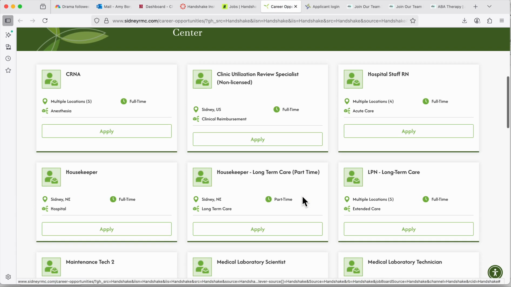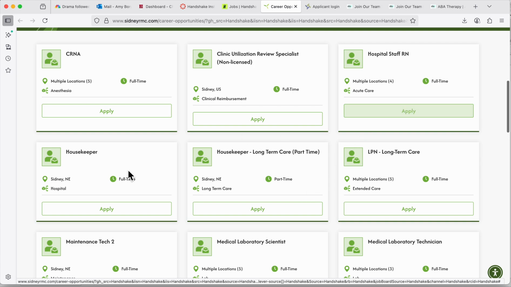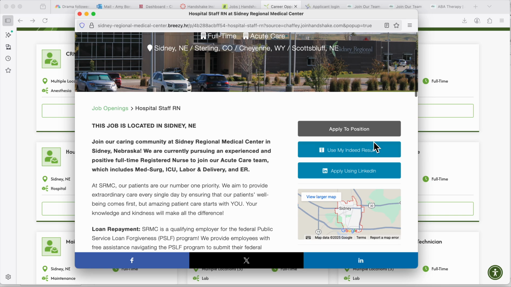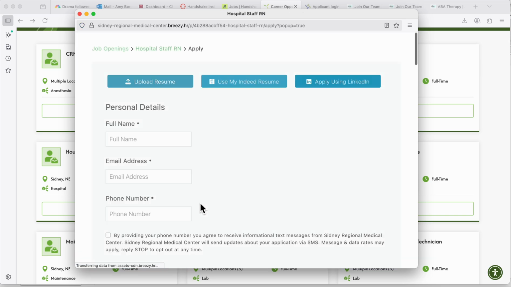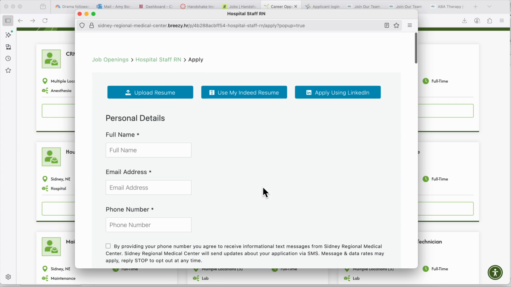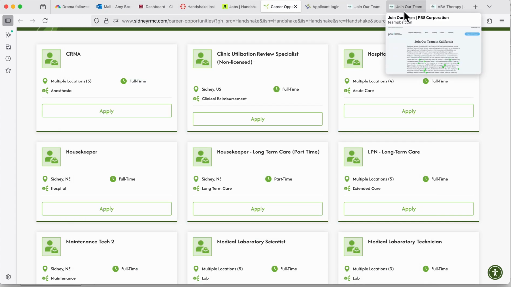There we go. Wow, here's hospital, RN, apply to position. Okay, there you go. There's the application. So you fill it out and take pictures as you go. That's that simple. All right, guys,